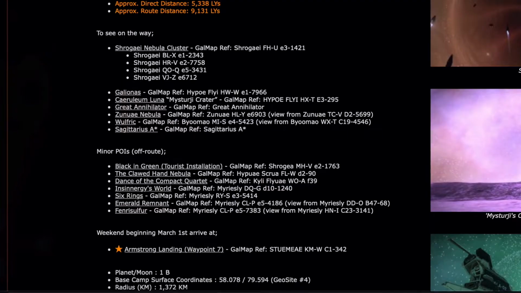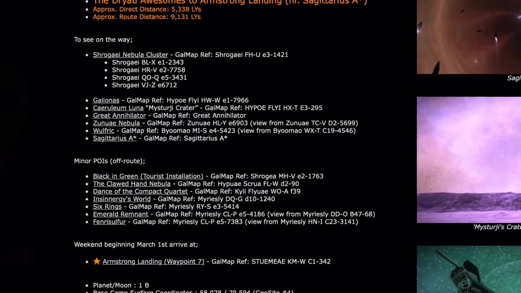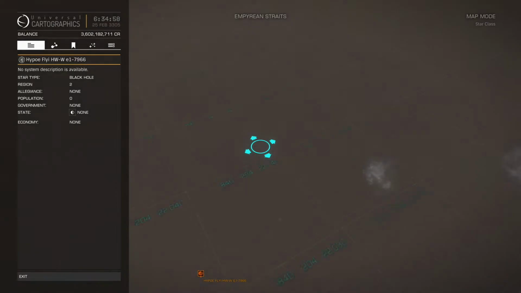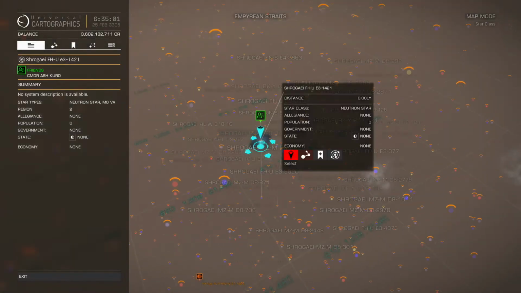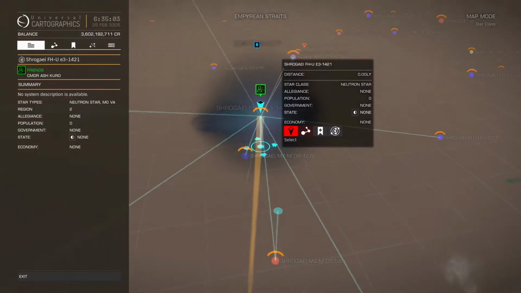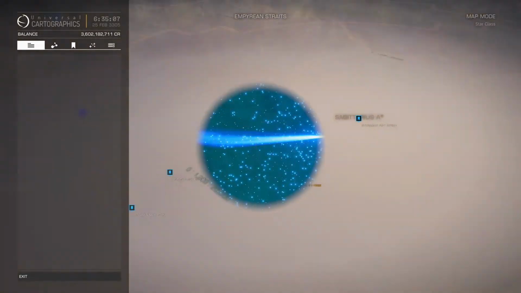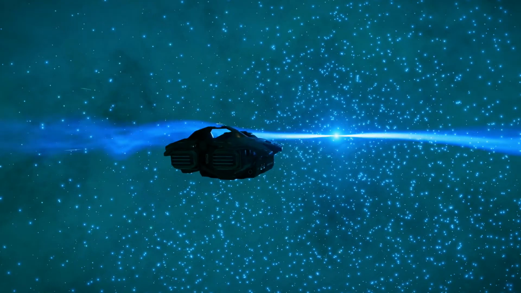This will be part 9 in my Distant Worlds 2 videos. This will be the one where we actually make it to Sag A, and I just showed you what the galaxy map looks like where we're starting off. This first system that we're showing off right here is called the